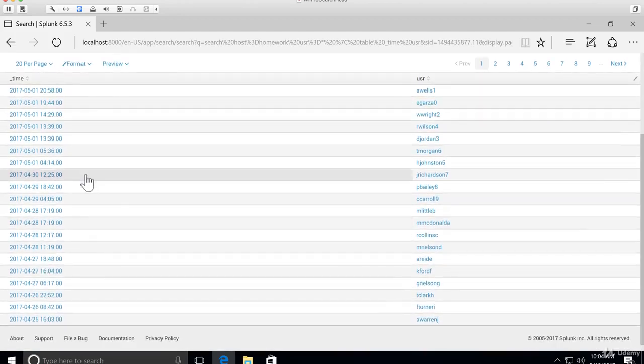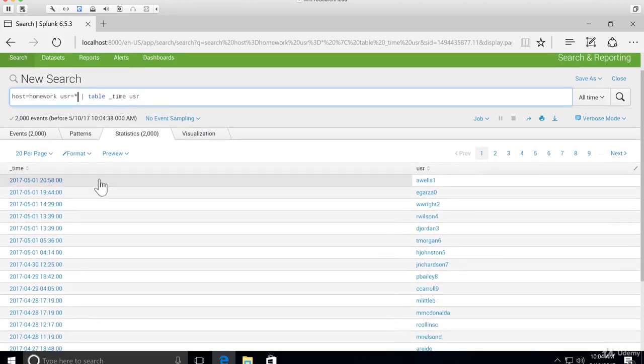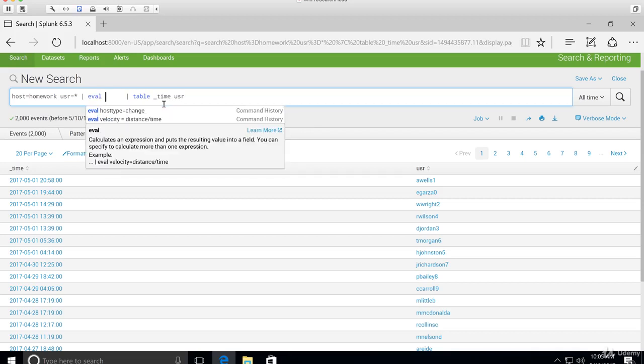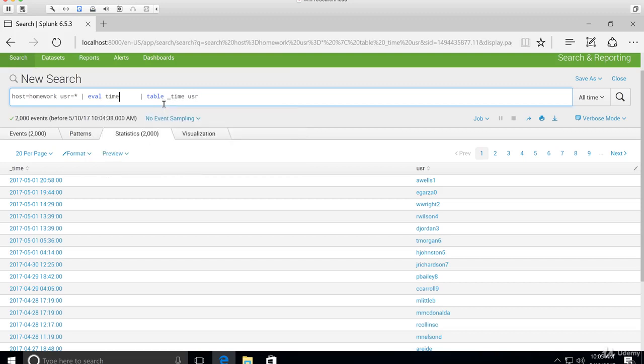And the timestamp looks okay. I mean, people could probably figure out the date and the time there. But let's say that that is not sufficient. Let's play around with the time here. So remember, in between these two pipes, we're going to do an eval statement, and let's call our field timestamp